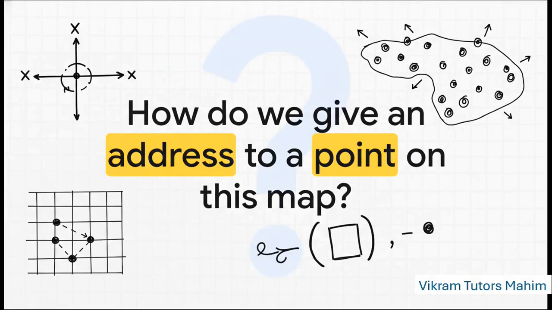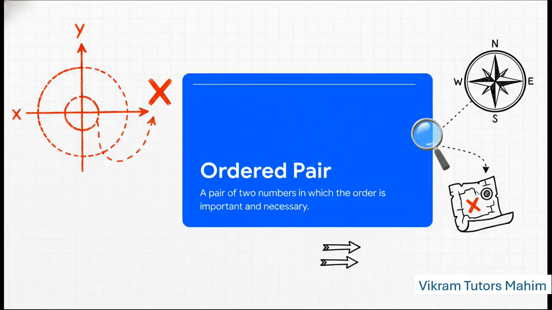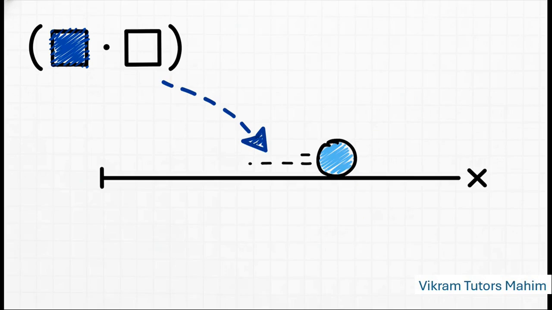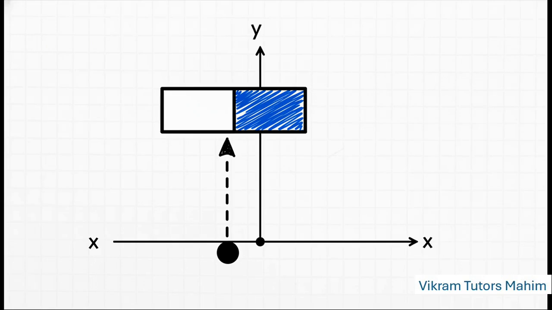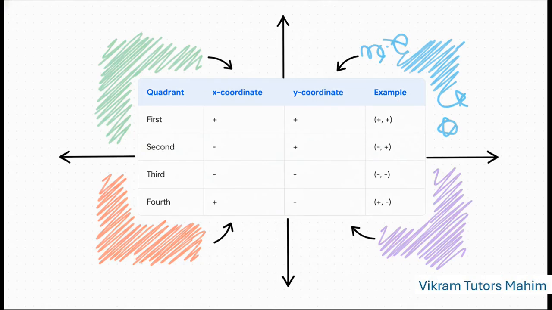Okay, so every single spot on this plane needs its own unique address. We use an ordered pair. And the order is crucial. (2, 3) is a completely different spot from (3, 2). So the address is always written as (x, y). The x value tells you how far to go left or right. And that y value just tells you how far to go up or down. Easy as that. These axes split the plane into 4 zones, or quadrants, each with its own rule for positive